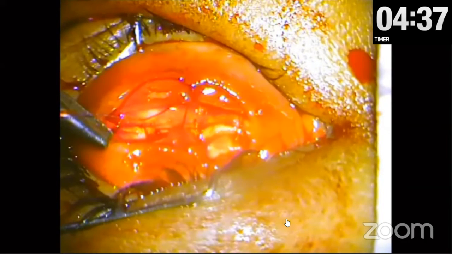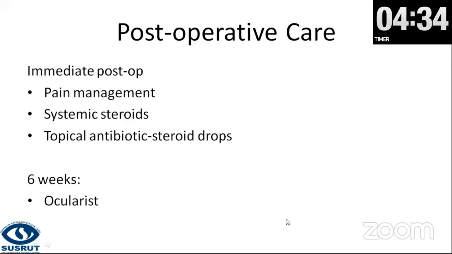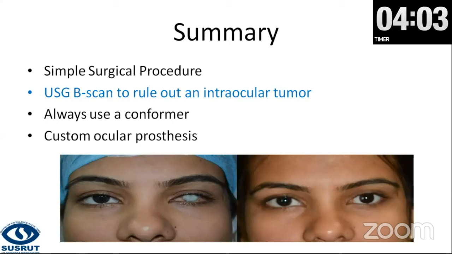Okay. So post-operatively, the main concern here is pain. Compared to enucleation, evisceration post-operatively is more painful. So we keep the patient in house for a night and use anti-inflammatory drugs as well as tramadol if required. Patients receive systemic steroids if they did not have a fungal infection, and then we give them topical antibiotic steroid drops. And 6 weeks later, when the socket is healed, we send them to the ocularist. That is ultimately your goal: to relieve the patient of discomfort and disfigurement, and then restore with a prosthesis.